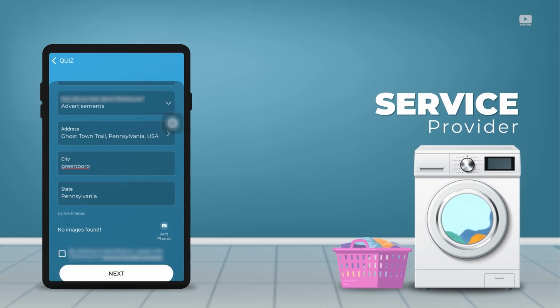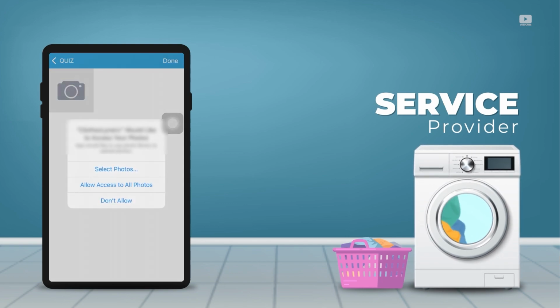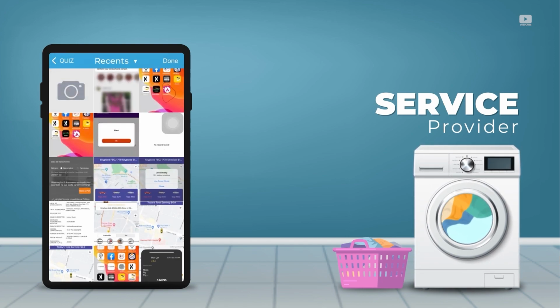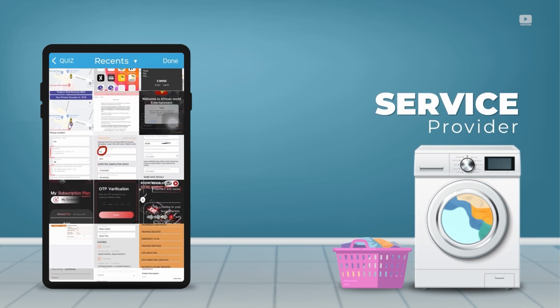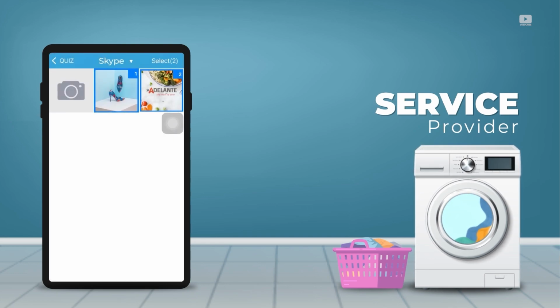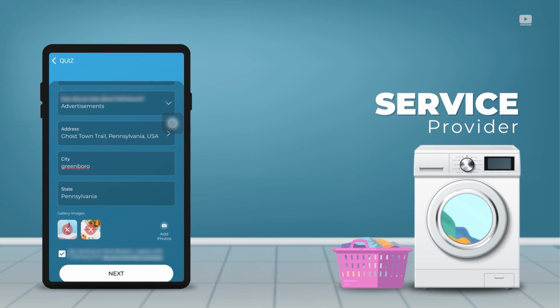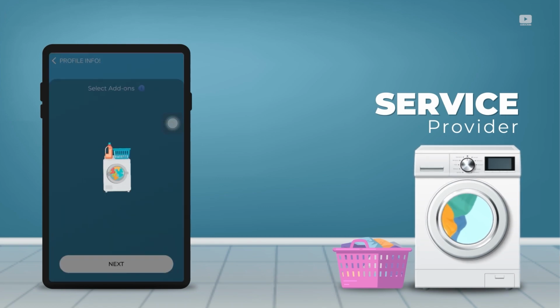Photos of the laundromat can be added to win the customer's trust for getting any kind of orders. As you can see, the graphics are very pretty in this laundry pickup and service application. Those are so relatable yet so appealing to the user's eyes. The service provider can